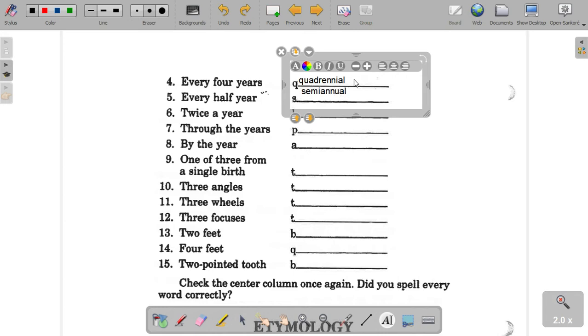Now, the confusing thing about bi is sometimes it can mean 2 times in one, and then sometimes it can mean every 2. Like, for example, bi-monthly can either mean twice a month or every 2 months. It gets really confusing. So twice a year literally means biannual, which is also confusing because biannual also means every 2 years.